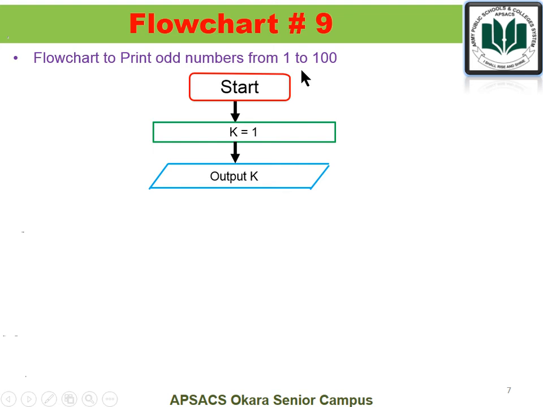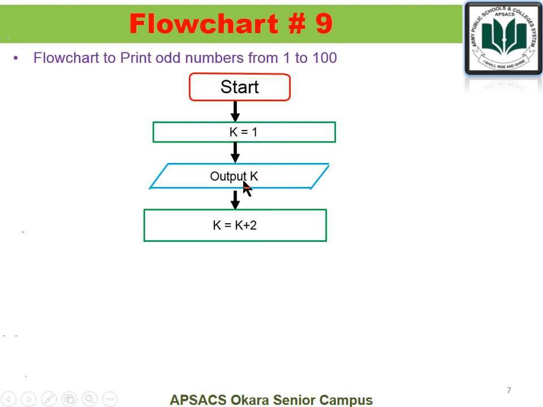It means 1, 3, 5, 7, 9, 11, 13, 15, and so on up to 99. The last odd number is 99. Then we have to output all these numbers on the screen. So first k is equal to 1, and I have generated the output k. So 1 will be printed. Now what will happen? The value of k will be incremented by 2. So the value of k becomes 3, and 3 will be output, and in the next step the value of k